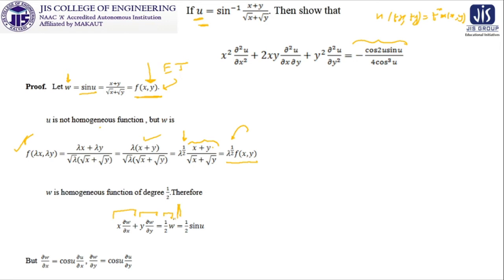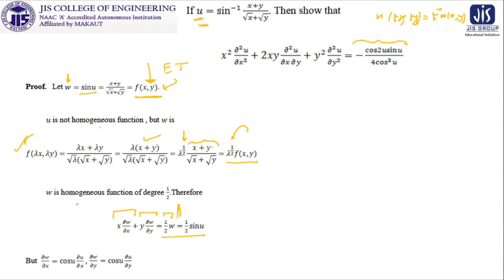Okay. Now after that we are substituting w by u, because w was not there in our question. Our question consists of u. So whatever intermediate steps we have performed, finally we have to give the answer in terms of u. So in place of w, it is written as half sin u. Clear?